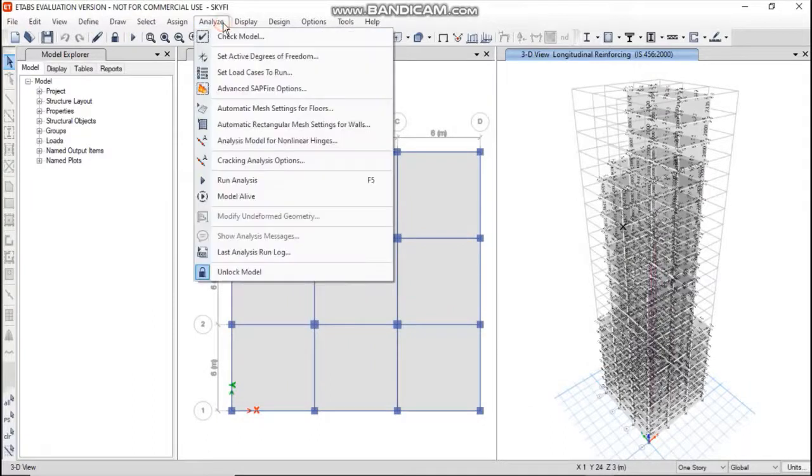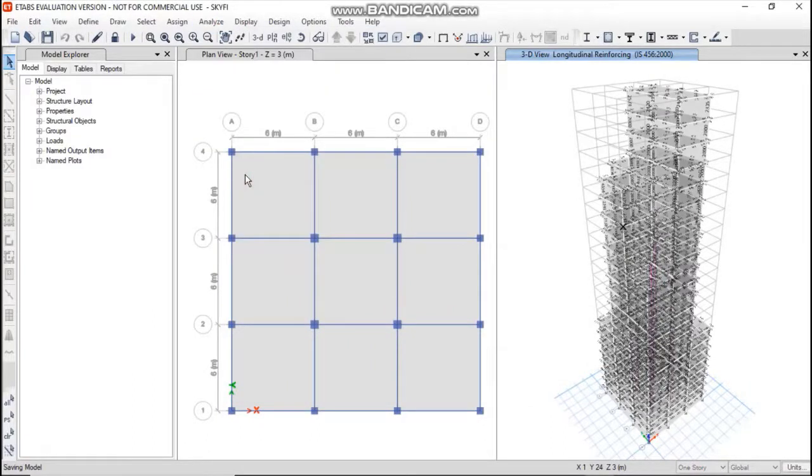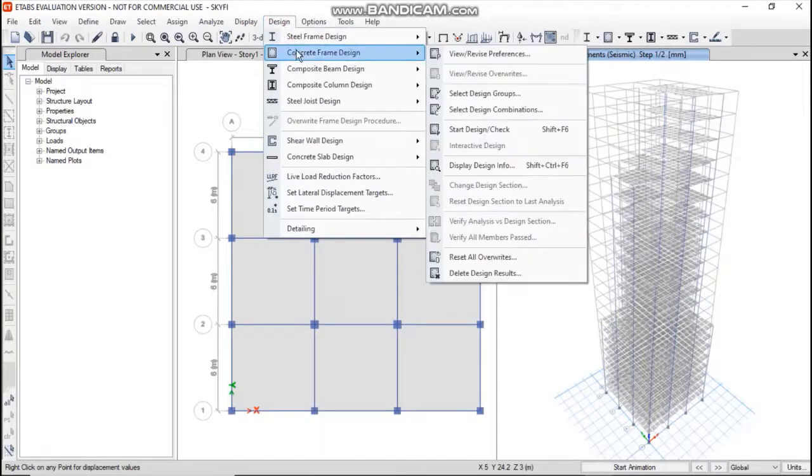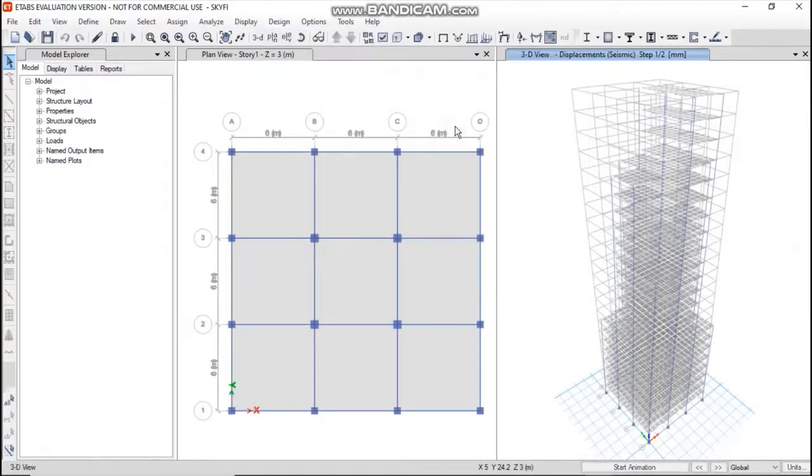Now go to Analyze again and click on Run Analysis. So you can see the deformed shape of the building. Then go to Design and click on Concrete Frame Design, Start Design Check.